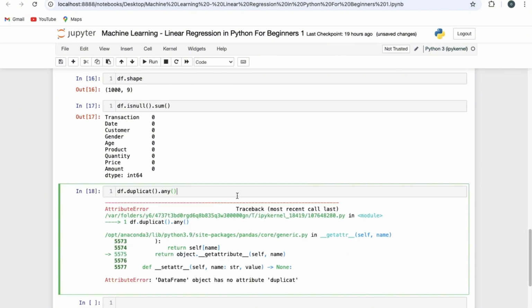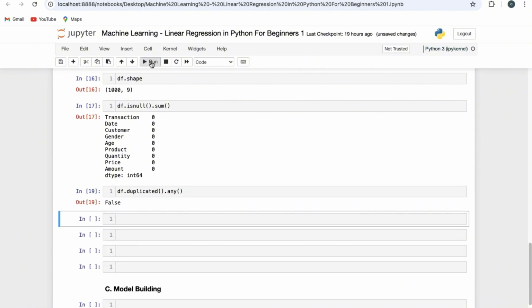No, there's a message: DataFrame object has no attribute duplicate. Okay, duplicated. That's duplicated. So we have to correct it. Good, it's false. So we are good to go. So now let's drop